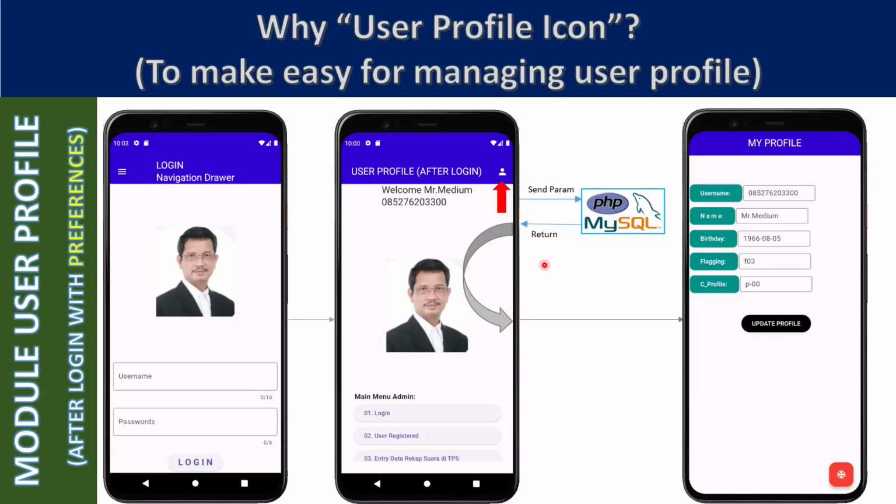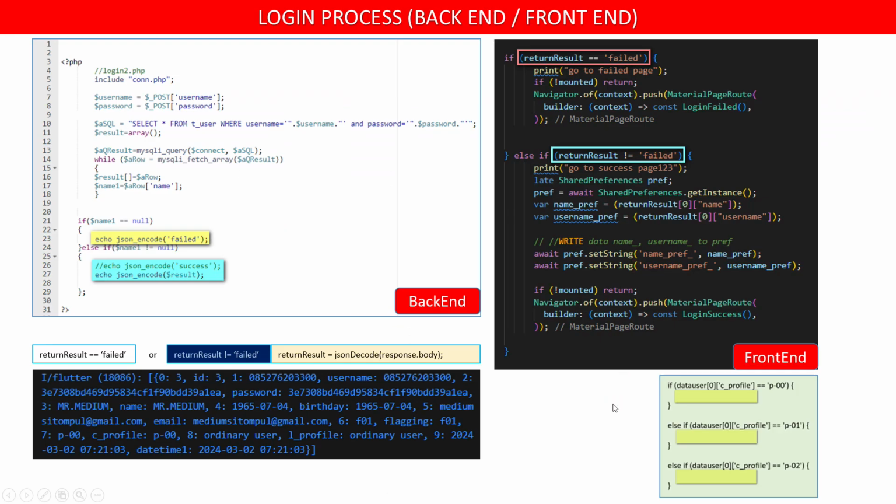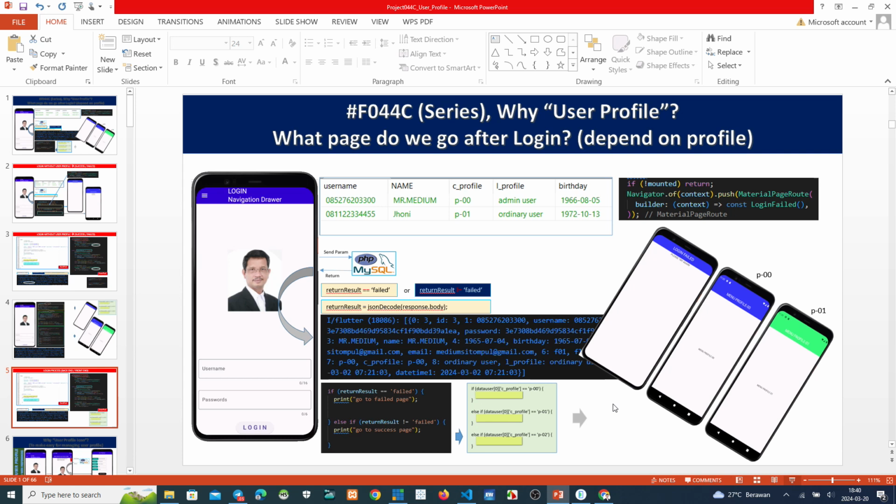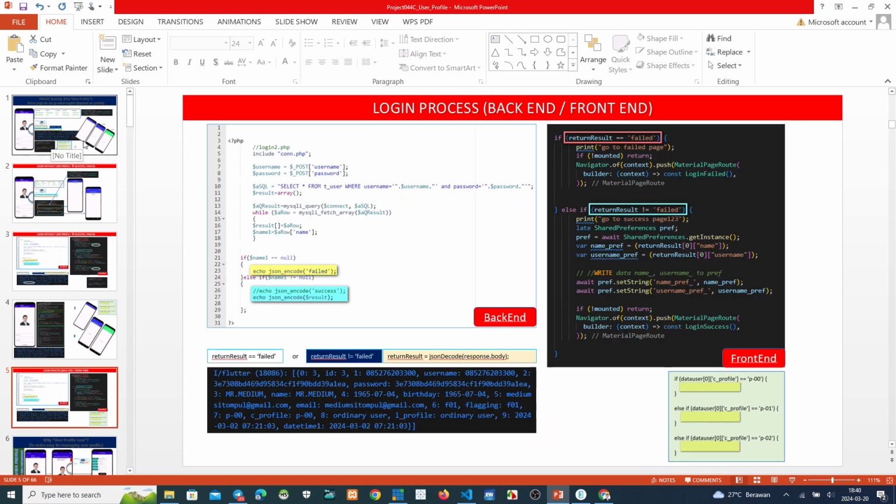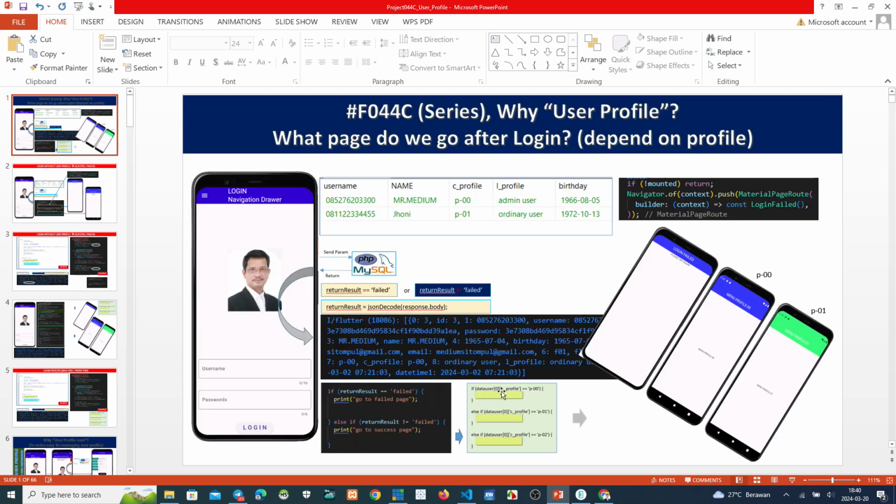Before we continue, now we make a presentation and then we go to develop the script.